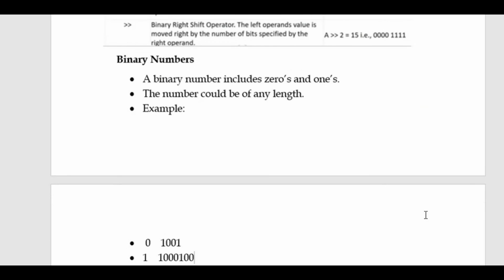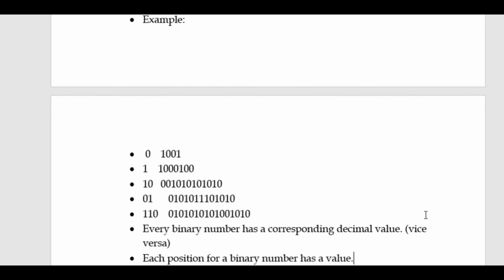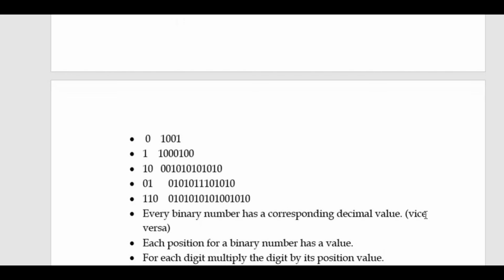A binary number includes zeros and ones. I have said that. We commonly use it in computer programming. The number could be of any length, it can be of any length, zero, or it can be a huge number also. It doesn't matter. I've given some random examples down: 0 1 0 0 1 1 1 1 0 0 0 1 0 0 1 0. It can be infinite, but it must be only 0 and 1. If it excludes those values, then it is not a binary number.